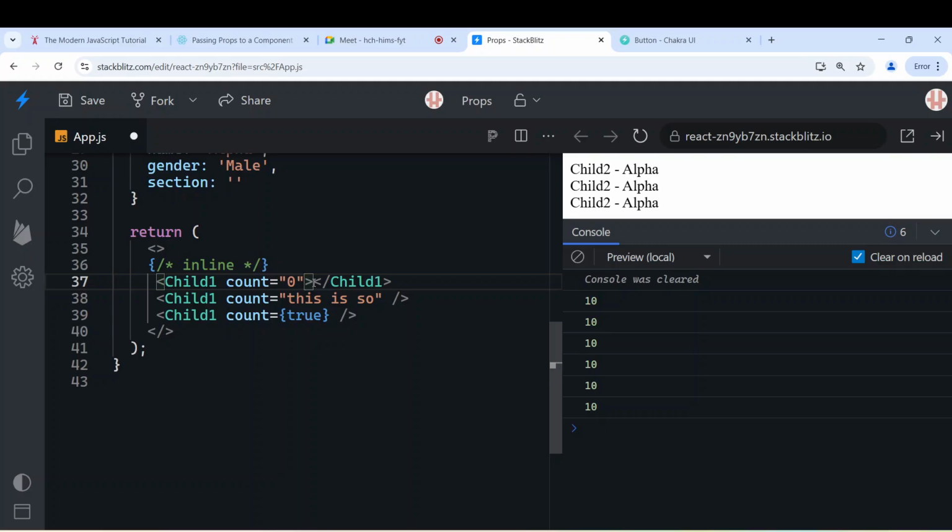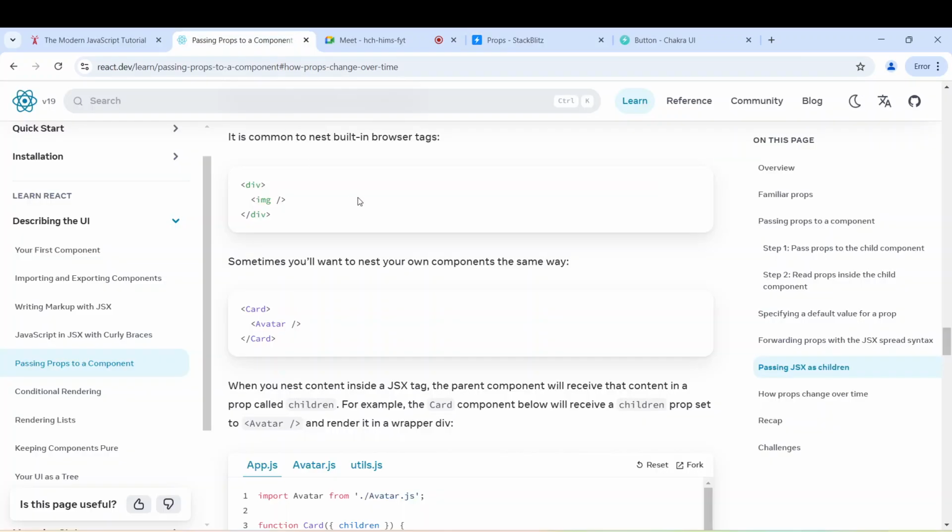So what I'm saying is there is no limit on what you can pass as a prop. There are a variety of values you can pass, including a component. Just like you can pass a function to a function in normal JavaScript, where one function can take another function as input, the best example being callback functions, a component can also accept another component as a prop. So it means there's no limit on what you can pass as a